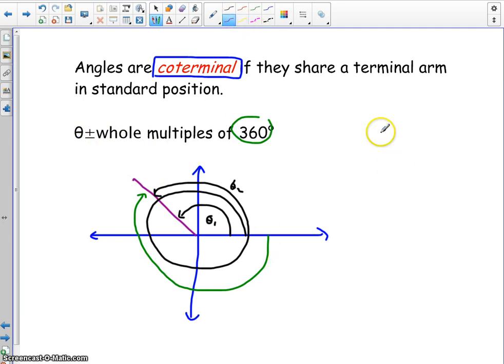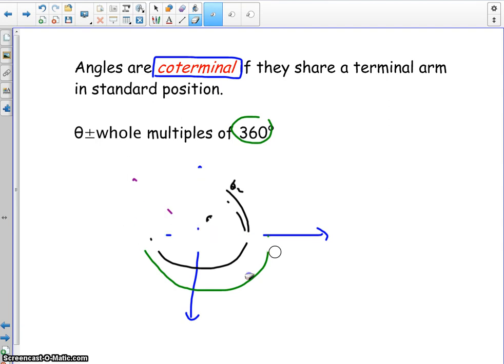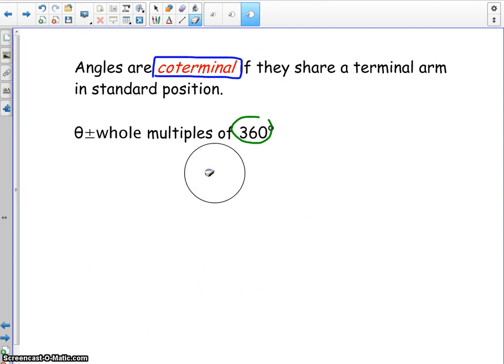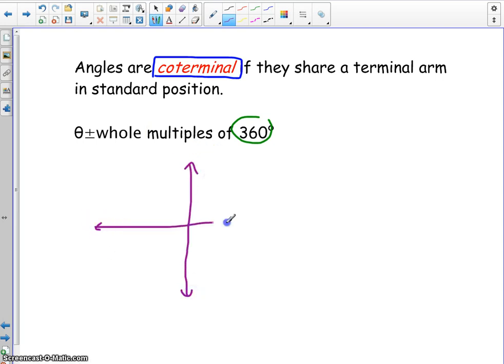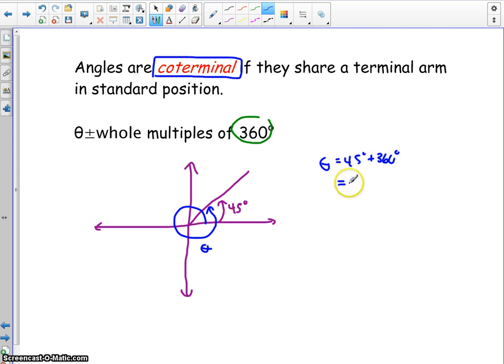So again, to try and put this into perspective, let's look at an example with actual numbers in it, just so it makes a little bit more sense. If I'm drawing in my Cartesian plane, let's say I have an angle of 45 degrees. Let's say I want one that's coterminal, one that does a full rotation and comes back. How many degrees has this been rotated? It goes 360 degrees for a full rotation plus the 45. So this angle in blue here is going to be 45 degrees plus 360. This one's going to be coterminal because it ends at the same spot as my 45 degree angle. If I want one going the other direction,